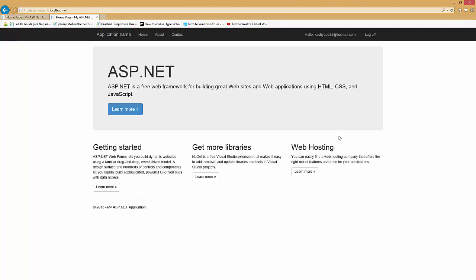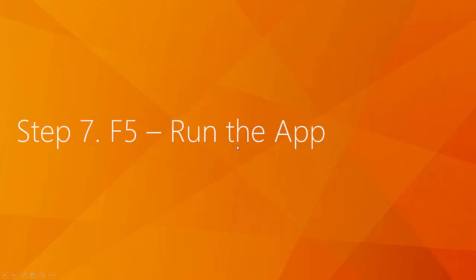So now what we did was we enabled our ASP.NET application to be able to rely on the third-party login providers such as Microsoft OAuth, and then authenticate the user there, come back here, and then use the tokens and everything, and then everything is done by the library which is already there in your application. All you need to do is set it up. So this video was all about making sure you understand how to do this particular setup. So we just saw step number 7, which is F5, run the app. So I finished